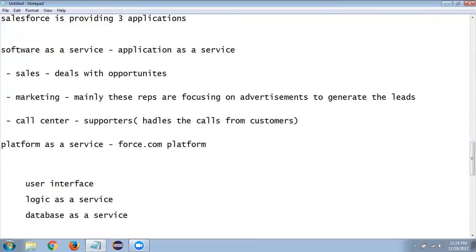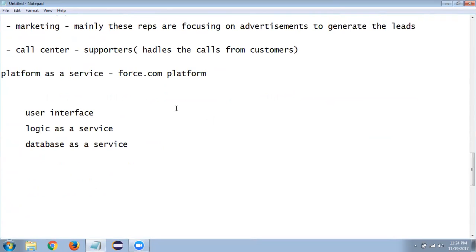Just like we develop using HTML, in the same manner in Salesforce we use Visualforce, which is one of the markup languages maintained by Salesforce to develop GUI applications.